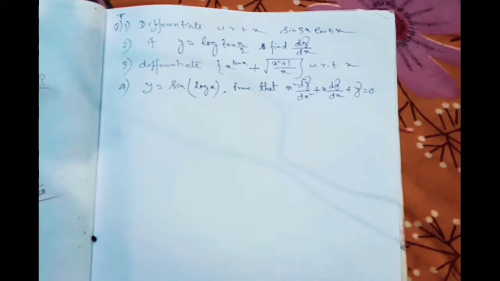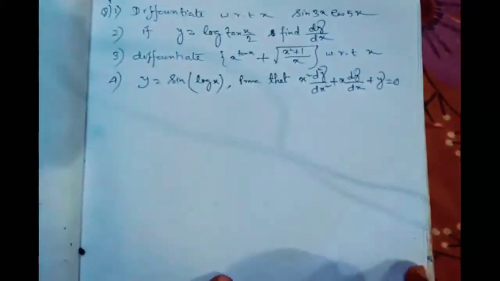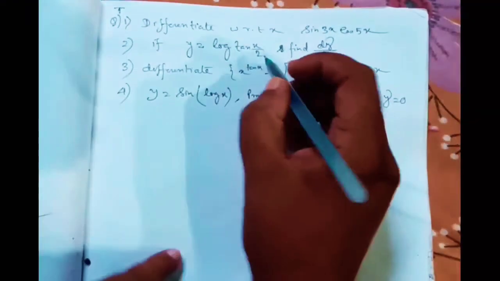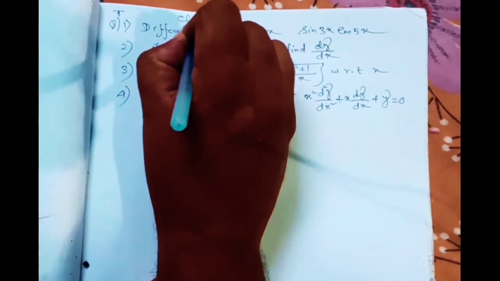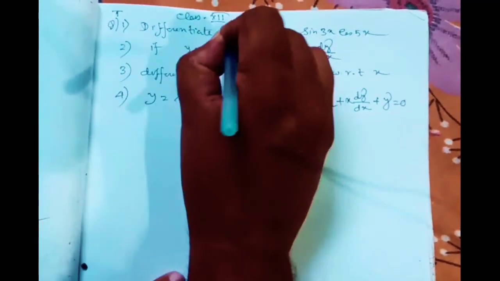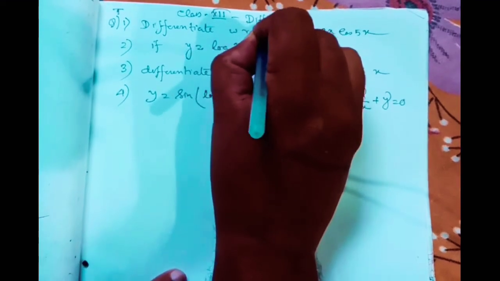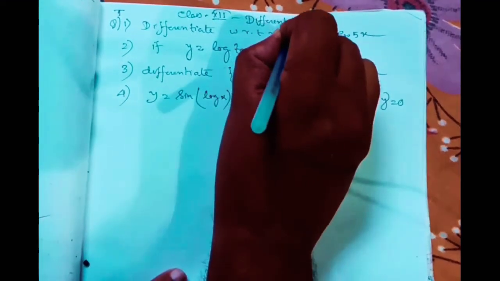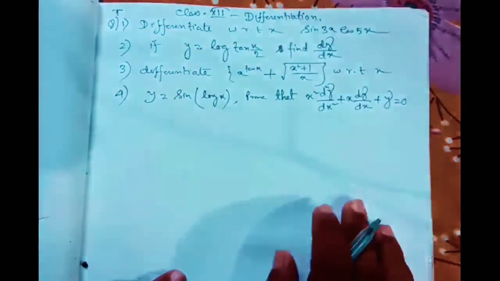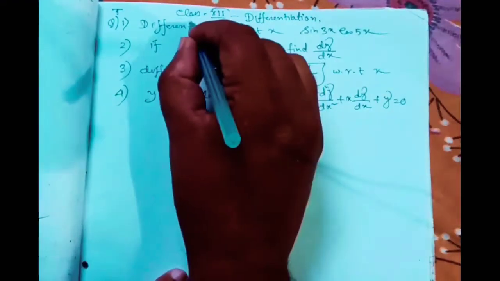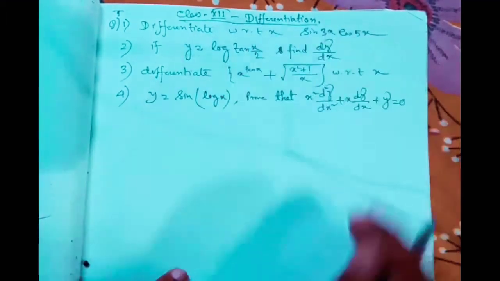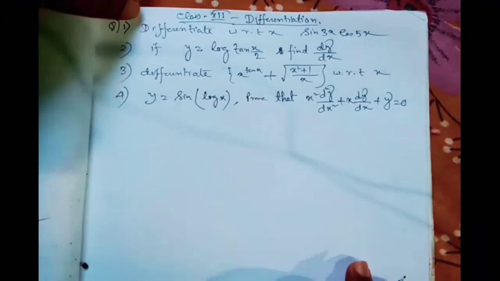So, Ongsuman Sina Mathematics. In this video, as you can see from here, we are going to discuss some solutions from the chapter class 12 differentiation. So, class 12, the chapter name is differentiation.